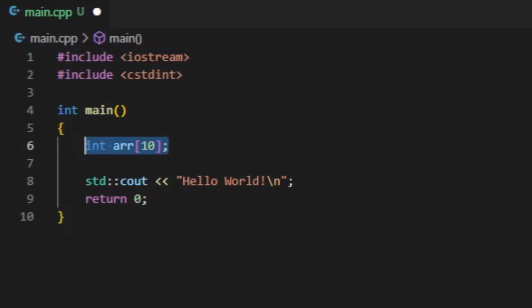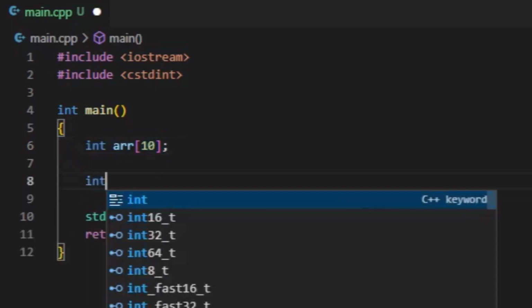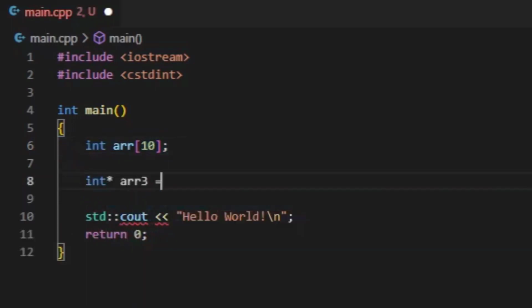Now we can also dynamically declare arrays. This array is declared on the stack. We can also declare it on the heap like this. Right, we can declare it on the heap like this. What this will do is again declare an array of size 10 on the heap. Now, essentially the difference between them is actually how the memory is allocated and how it is